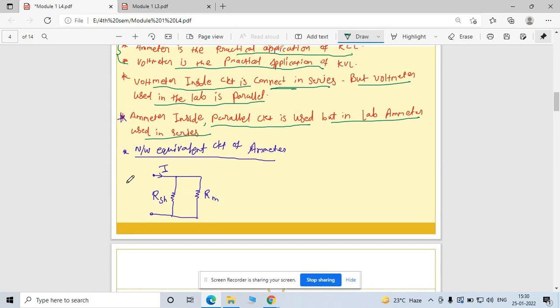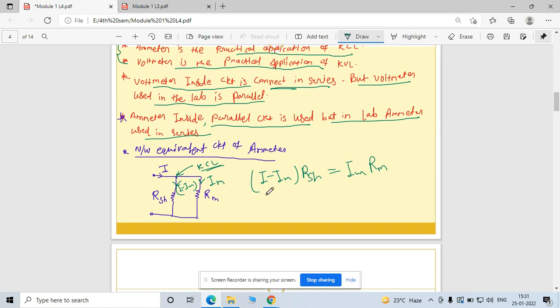Now see, if I consider I here, and I consider Im flowing through this branch with RM, then the current flowing from this side is I minus Im. I simply apply KCL, Kirchhoff's current law. Both are connected in parallel, so this is a common potential. This drop is equal to this drop. So the current flowing from this branch is I minus Im, multiplied by RSH, which is equal to the voltage drop from this side,